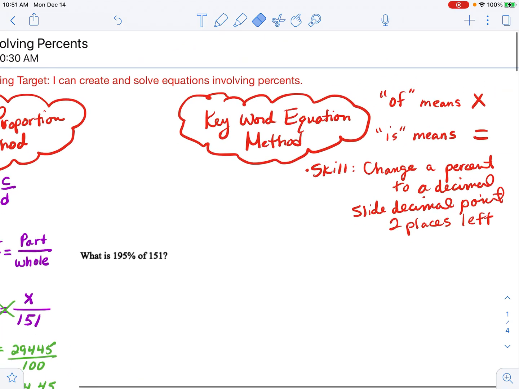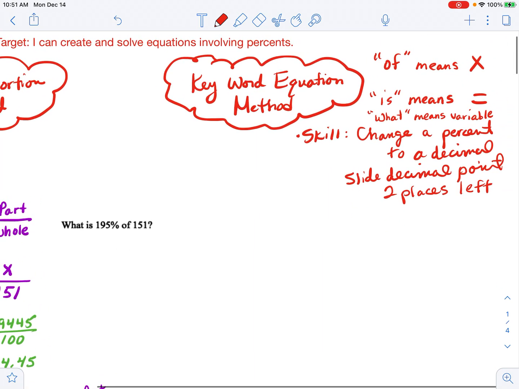Oh, I forgot to mention earlier that another keyword that you might see is the word what. Okay, what. And what is our variable, right? That's our variable. We're going to place a variable where we see the word what. So we are literally going to read this left to right, and we're going to replace each word with something that is equivalent to it. So, for example, it starts with what. That's x. Is. Remember, is means equals